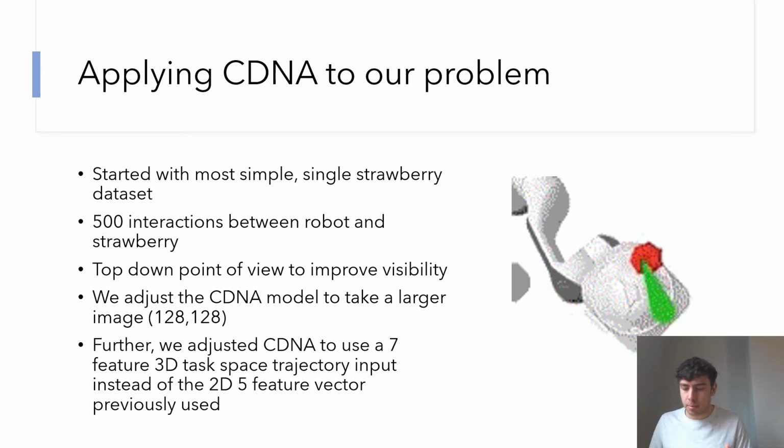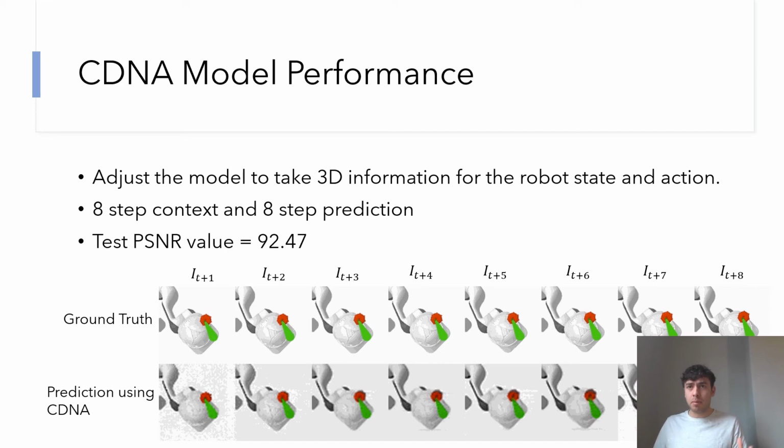In terms of adjustments to their model, we increased the size of our data to 128 by 128 instead of 64 by 64 for images. And we also tiled a 7-feature 3D task-based trajectory instead of a 5-feature 2D task-based trajectory. Very simple changes, but necessary for our problem. And in terms of performance,